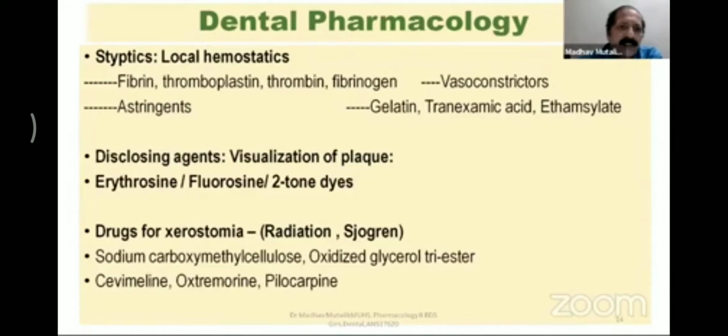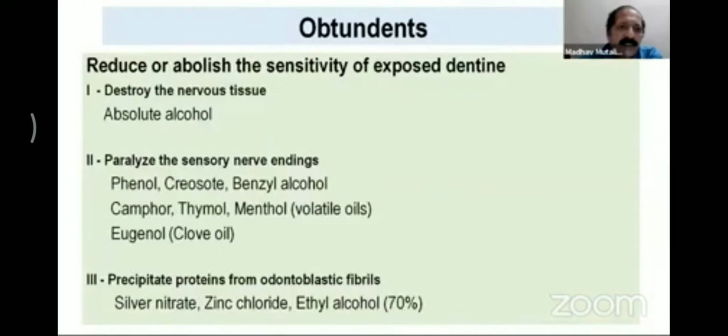Obtundants are most important because they decrease the sensitivity of the exposed dentin, and examiners are fond of this question. They ask you to mention how they decrease the sensitivity of the exposed dentin. So one, they can destroy the nervous tissue, or they can straightaway paralyze the sensory nerve endings so that you don't feel the pain. And the third way to do it is to precipitate the proteins from odontoblastic fibrils. I hope you know that precipitation of proteins means astringent action. And this is why astringents are extremely important. They can stop the bleeding. They can also produce an obtundent effect. So prepare about obtundents. And if you have done your dental pharmacy practicals well,